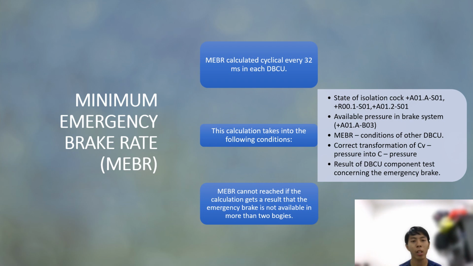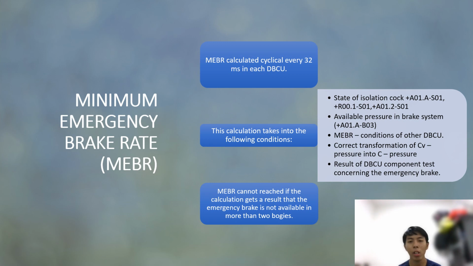Minimum emergency brake rate, MEBR. MEBR is calculated cyclically every 32 milliseconds in each DBCU. This calculation takes into account the following conditions: state of isolation code plus A01.A-S01 plus R00.1-S01 and plus A01.2-S01. Next, available pressure in braking system plus